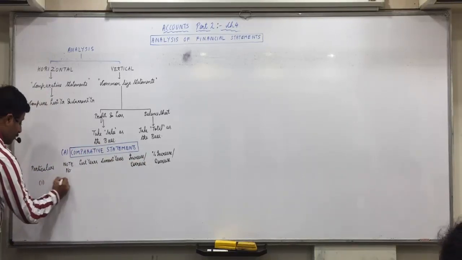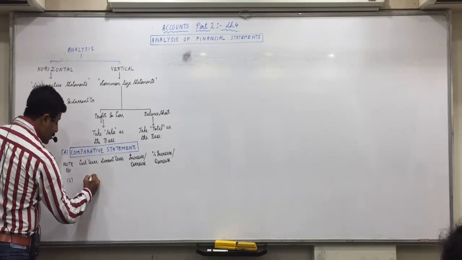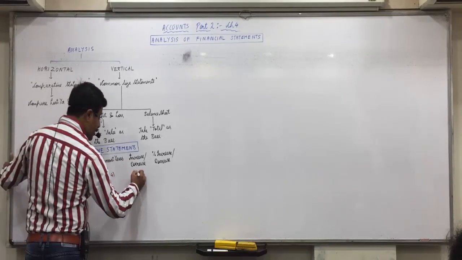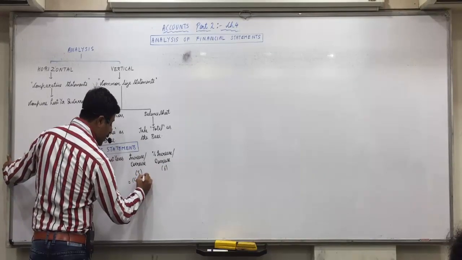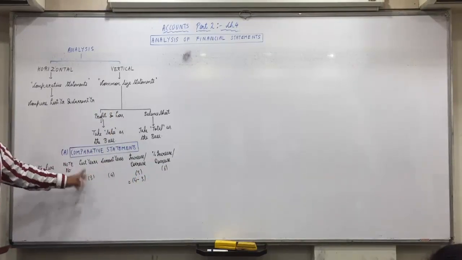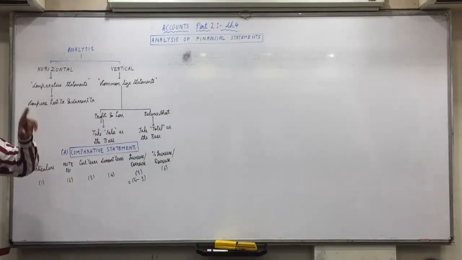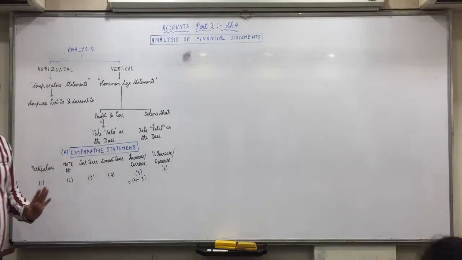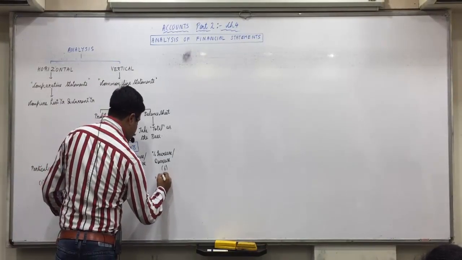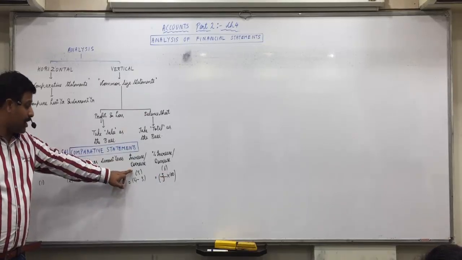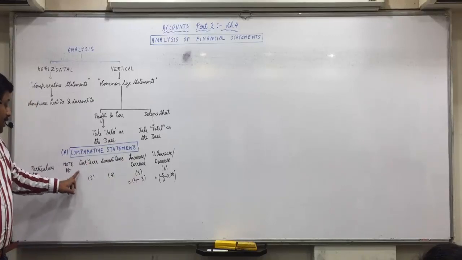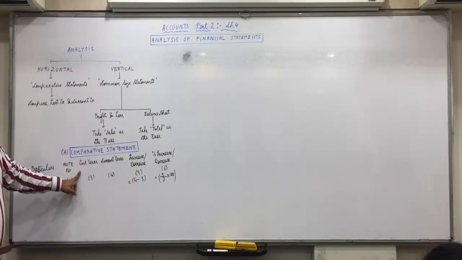Now suppose these are columns 1, 2, 3, 4, 5 and 6. Column 5 will be obtained as 4 minus 3, current year minus last year. Positive is an increase, negative we will write in brackets. Bracket means decrease. Percentage we will find as 5 divided by 3 into 100. Fifth column amount, increase or decrease, divided by last year's amount into 100. We'll be able to find whether it has increased or decreased by what percentage.